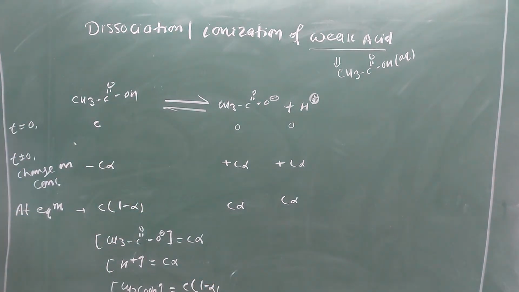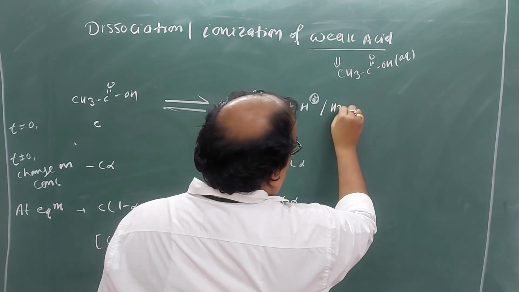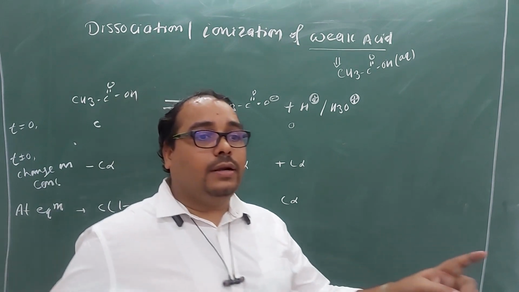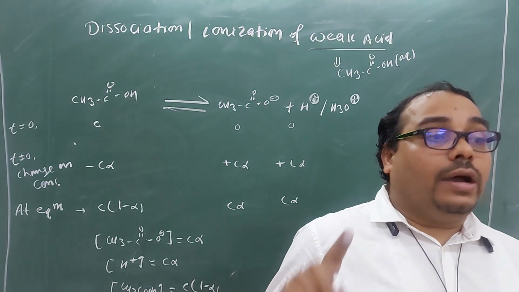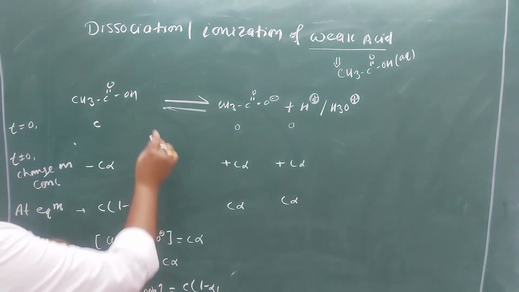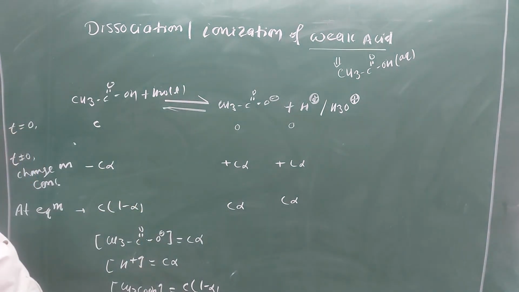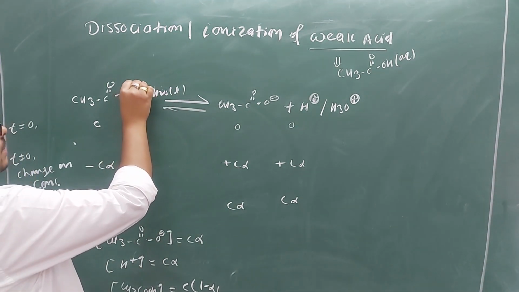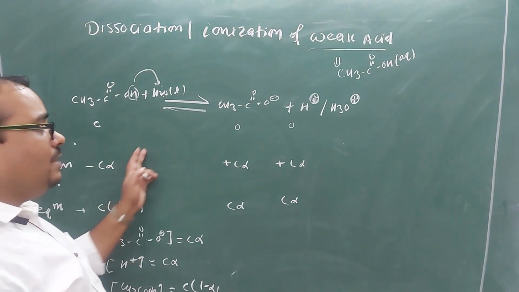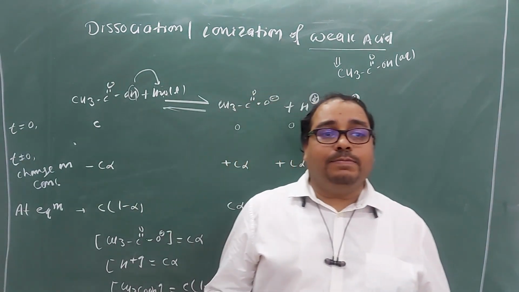Is it okay? So please don't confuse this. This is the hydrogen ion, or this is the hydronium ion. Yes, did you get that? Please don't confuse the hydrogen ion with the hydronium ion. How? Obviously the acetic acid reacts with what? Water. What will happen? It will give the H plus ion, right? Because oxygen has a lone pair, it will accept the H plus, and it will form the hydronium ion. Is it okay for everyone?